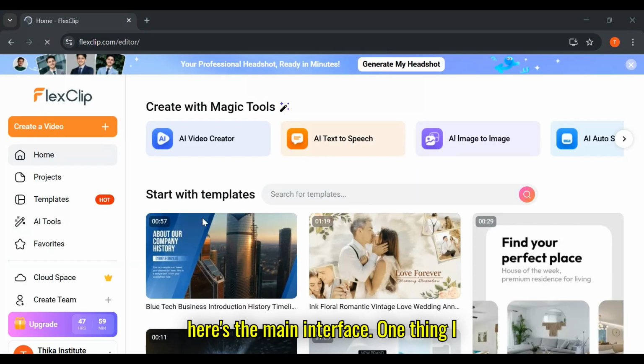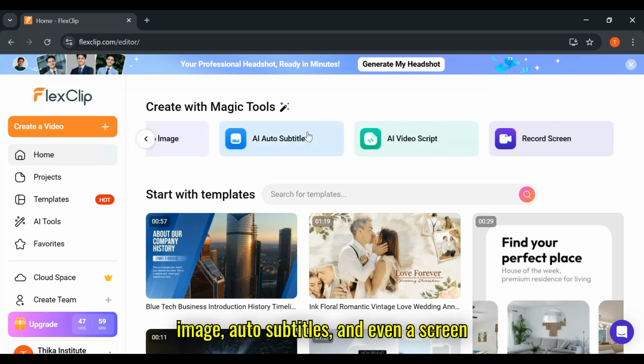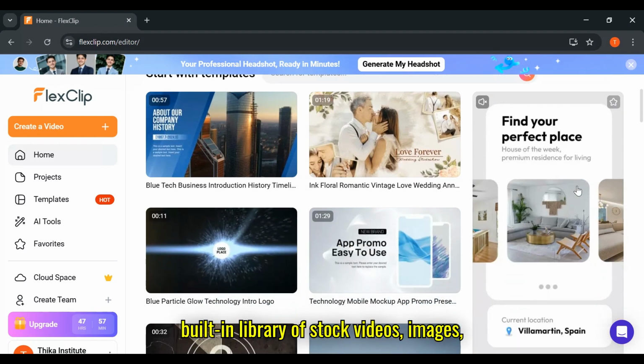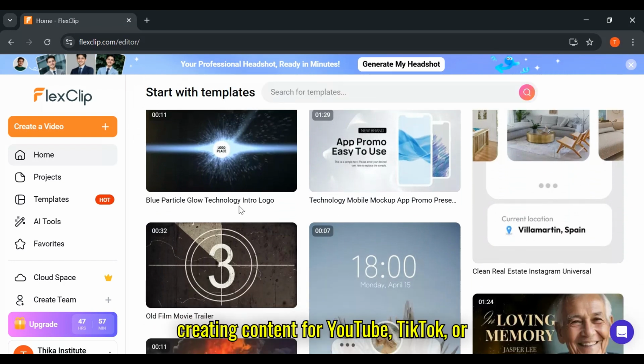Here's the main interface. One thing I really like about FlexClip is how simple and intuitive it is. It includes powerful AI tools like AI Video Creator, AI Text-to-Speech, AI Image-to-Image, auto subtitles, and even a screen recorder, all without downloading extra software. FlexClip also offers a built-in library of stock videos, images, and music, saving tons of time when creating content for YouTube, TikTok, or Instagram. As you can see, there are even intro video templates you can customize to match your